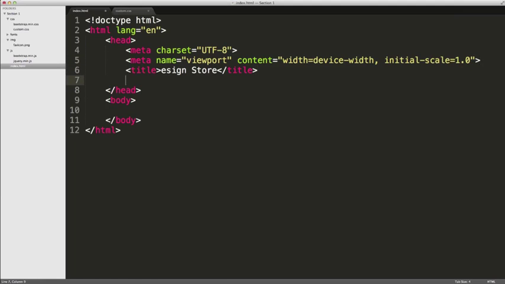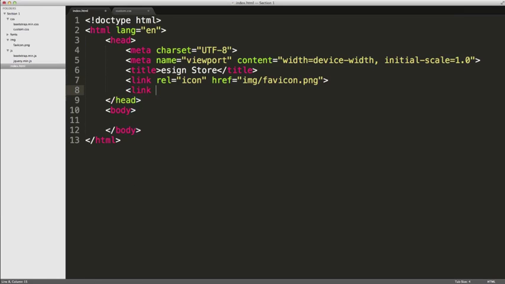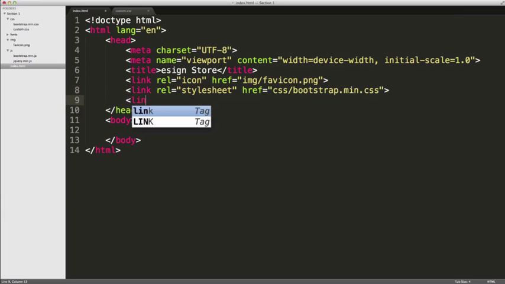Now I'm going to add in the favicon, so link the relation to this file. So rel equals icon, href attribute set to image/favicon.png, close that off there. Now I'm going to include the Bootstrap CSS, so rel equals stylesheet, href equals css/bootstrap.min.css, close that off, and also going to be including our own custom CSS file,